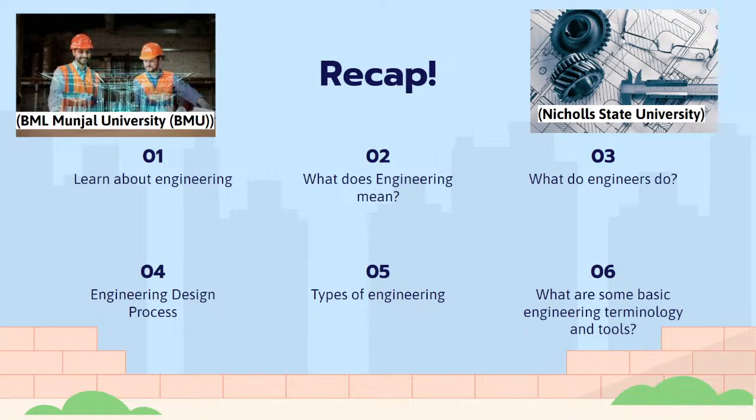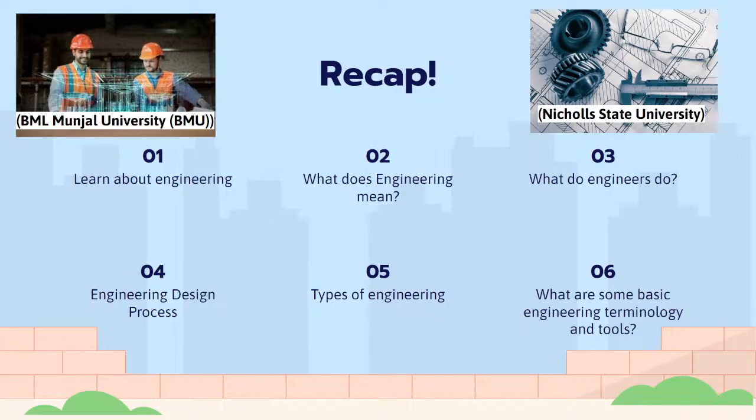We also talked about the engineering design process. Remember the first step, defining the problem, then coming up with different solutions, then the prototypes, and talking with different people. All of that is the engineering design process, the different steps that we had. We also talked about the types of engineering, like systems engineering, mechanical engineering. Actually, we should say this together. Ready? Let's say engineering design process together again. Engineering design process.